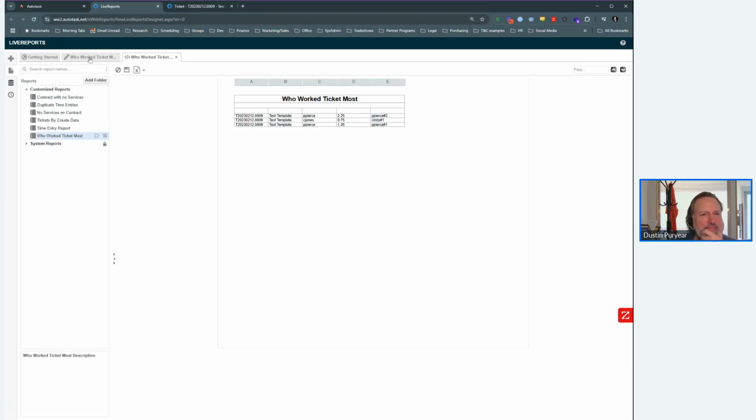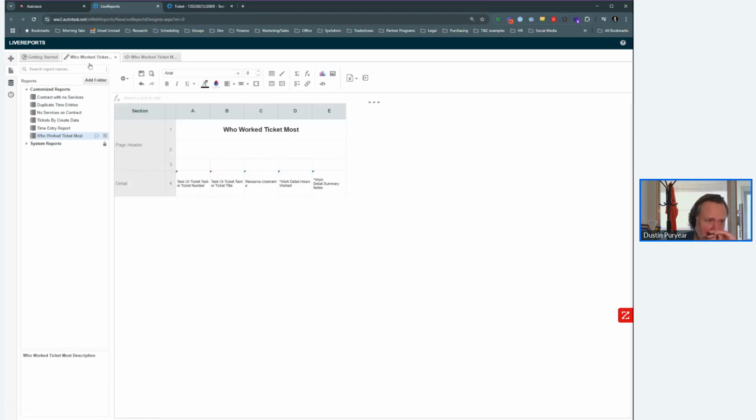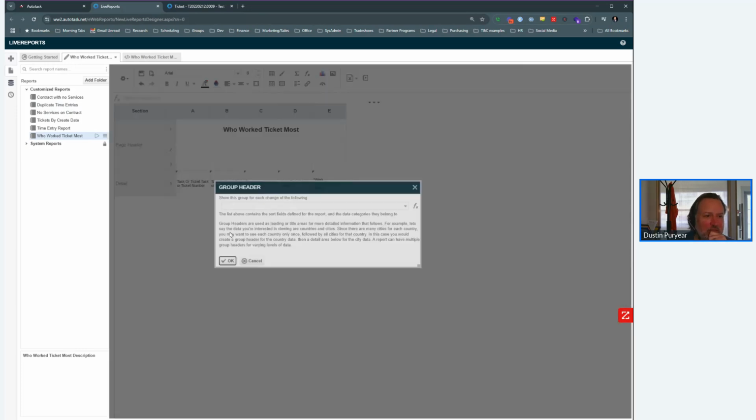So what we're going to do next, let's think through what we're doing. We want to know who worked the most hours. So the first thing we need to know is the total time worked by resource so we can have something to compare. Therefore, we want to group by resource. And so what I would say next is we're going to add a section and we're going to do a group header by